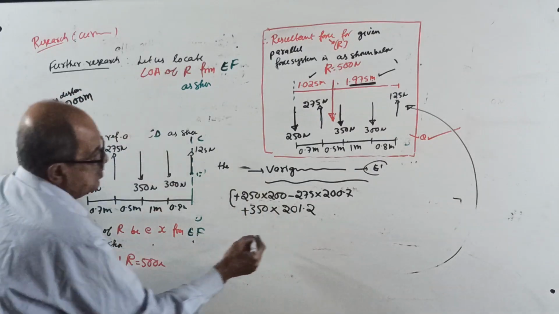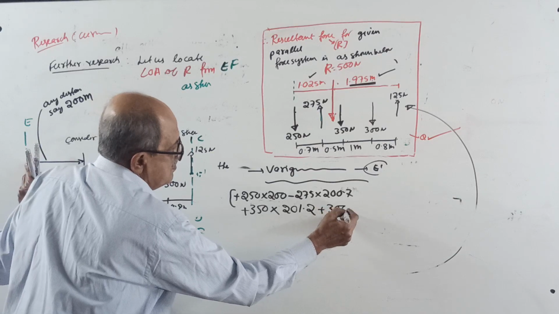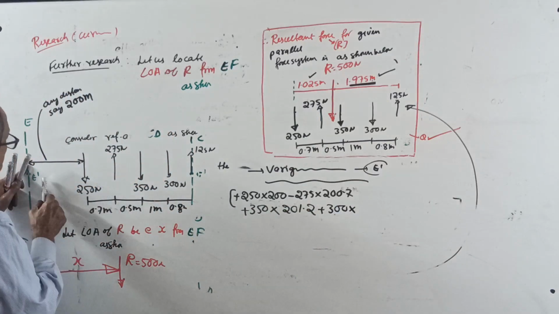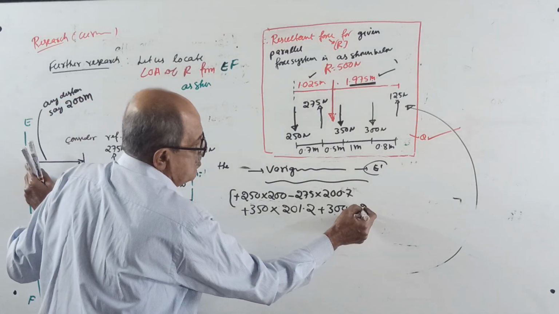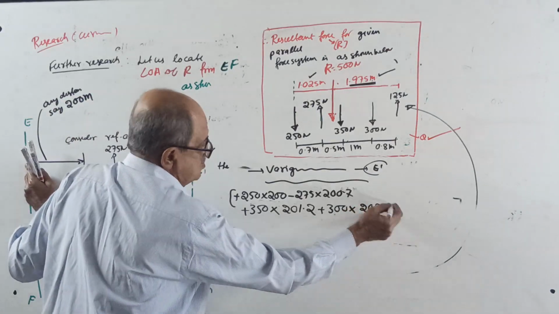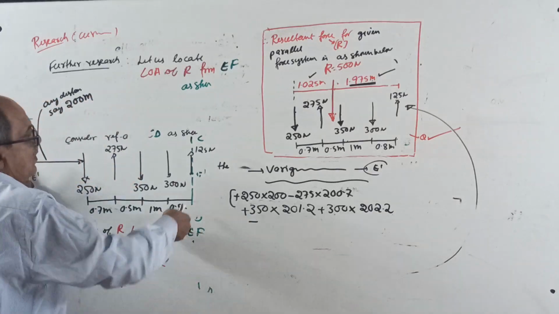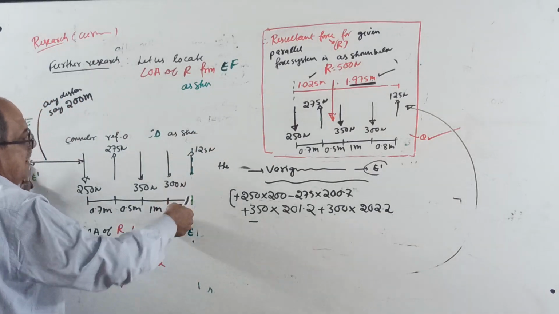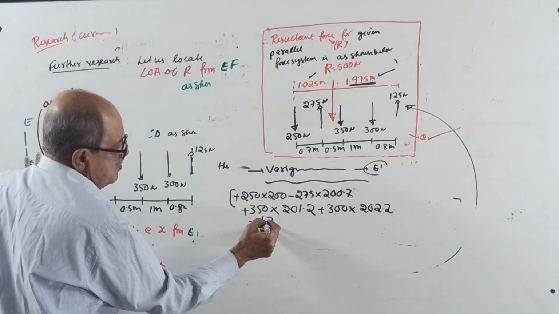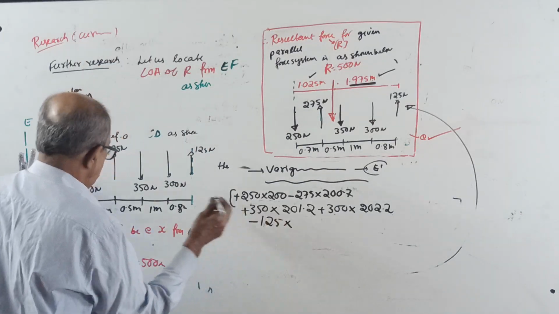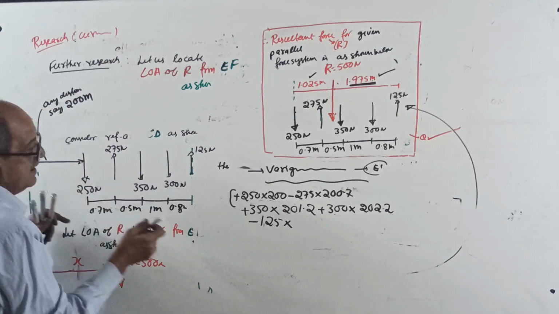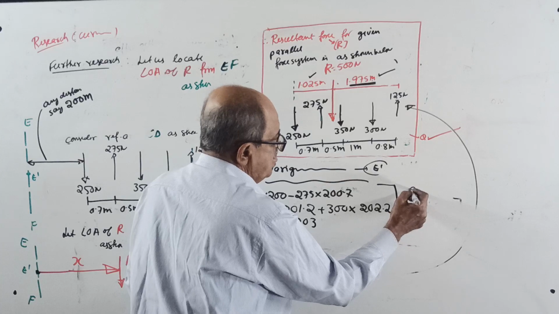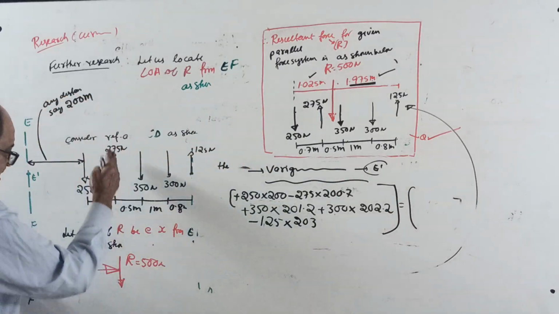Plus 300 into 0.7, 0.1, 0.2, 202.2. 202.2 minus 125. That EF is not there now. Minus 125 into, anti-clockwise, this is 3, this is 200, 203, equal to the moment of resultant R